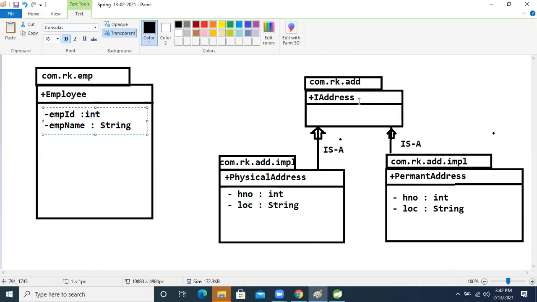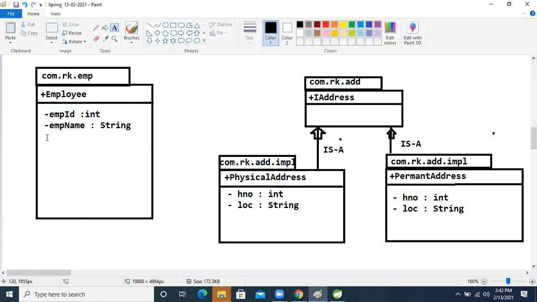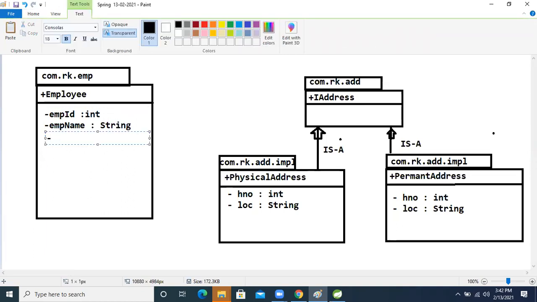So now we will take this interface reference. What will we take? Address, addr colon address.